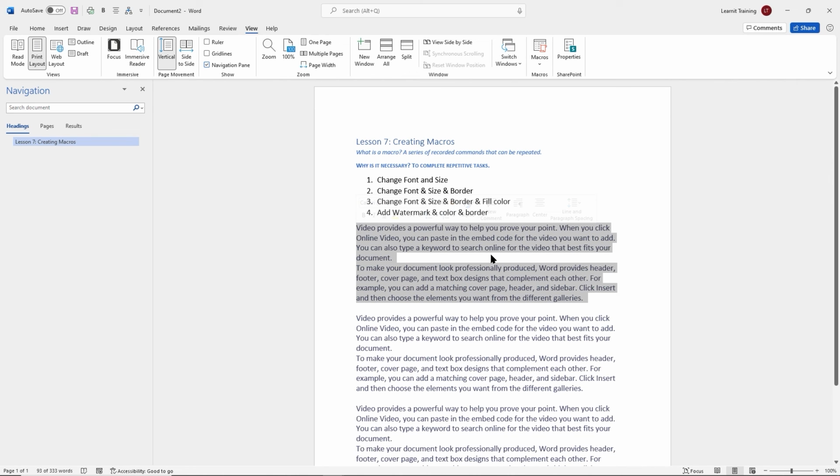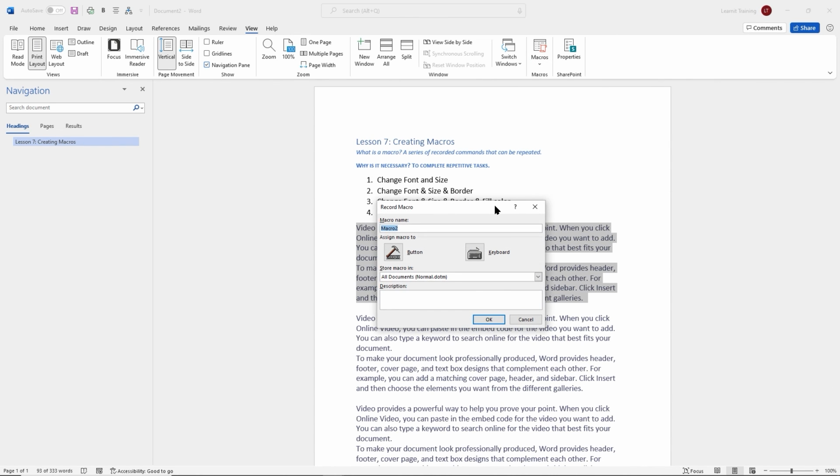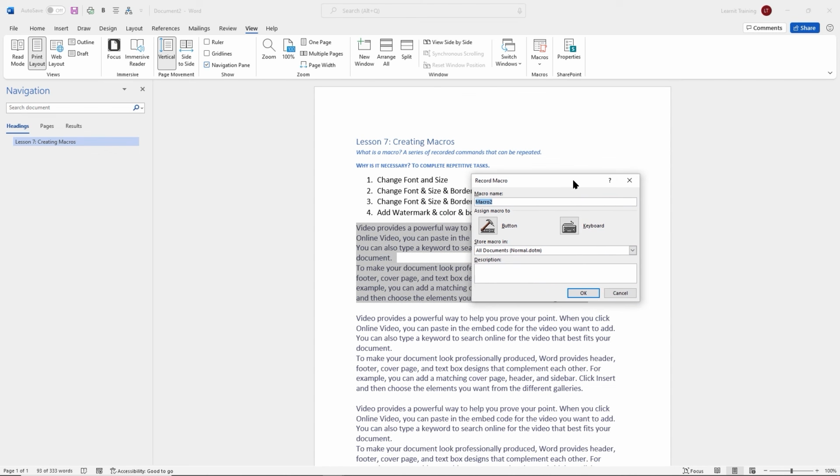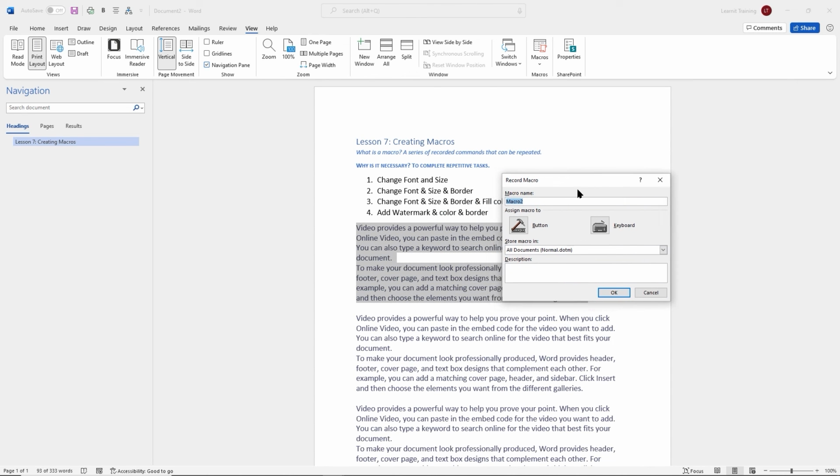So we want to highlight or select what we want to apply the macro to. And I'll go ahead and click on my drop down here. I'll record a macro. And so I have a few options. The first thing is, well, what do you want to call it? And I'll go ahead and give it a name. We can accept the default name, or we can give it a name. I'm going to go ahead and give it a name. I'll call this just basic